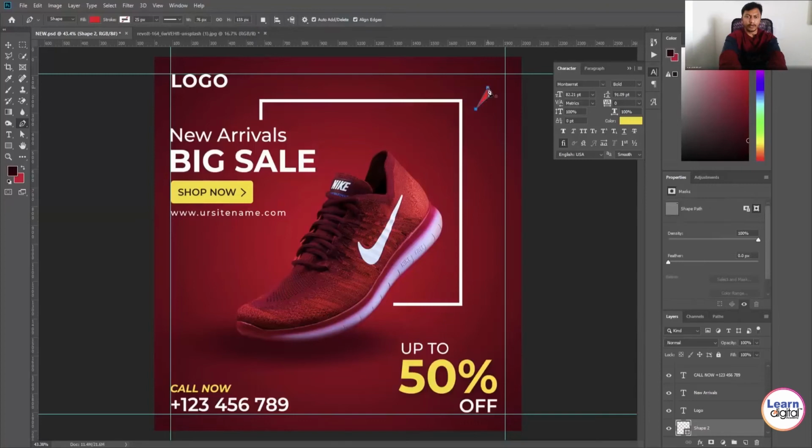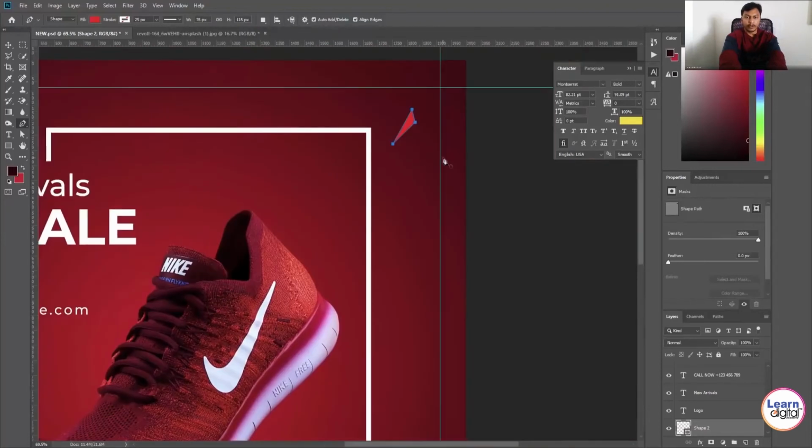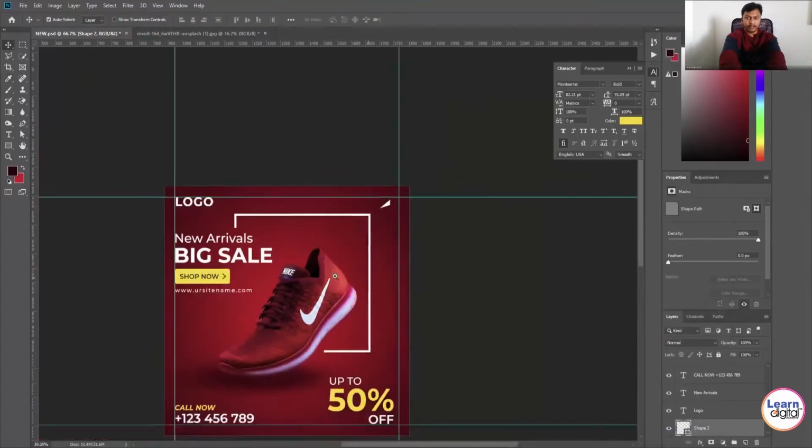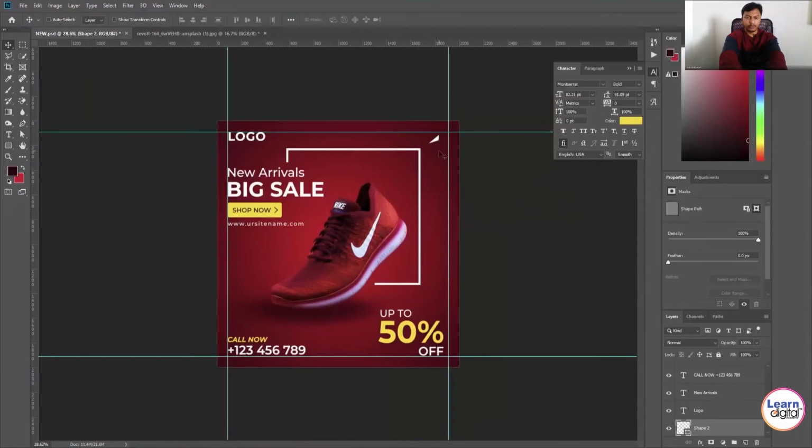With the help of the pen tool, I'm creating some shapes over here. So maybe you can add triangles, polygons, pentagons, whatever things you need. As it is in a layer, you can do changes, you can take multiple copies, you can flip the directions, you can transform, whatever things you need, you can do. And you can also change the colors.